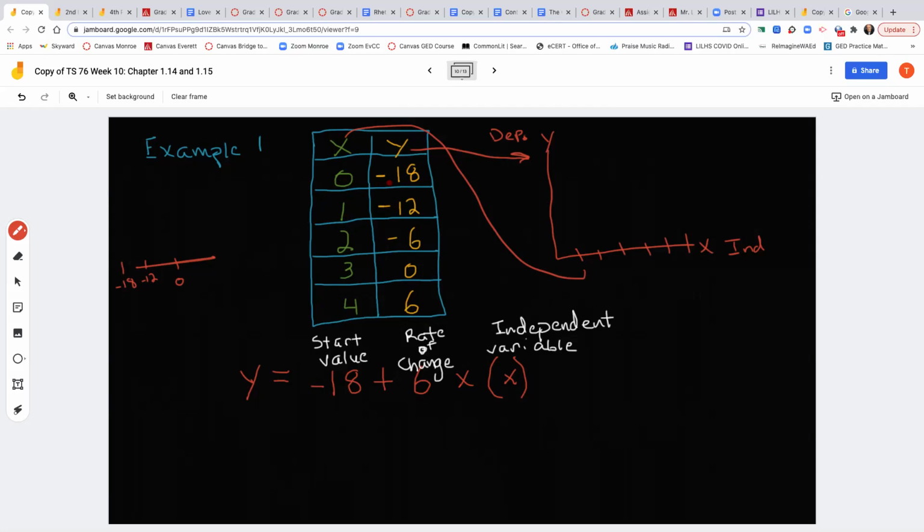So my starting value is negative 18. If I wanted to put this in the formula, for the y, which might be way down here, I'm continuing my chart for my y values, trying to chart one of these y's, which y it is. Starting value, here's the formula. Starting value is negative 18. There it is right there. I'm going to draw a line to it. There's my starting value. Plus, that's the formula,